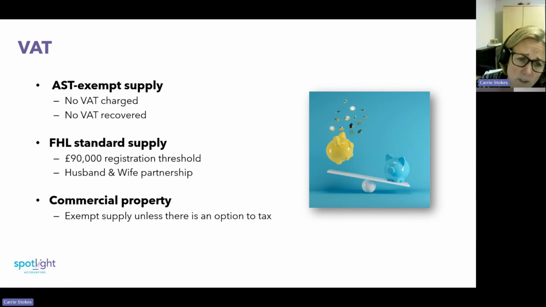However, we've got clients that have got trading estates with small rental units on. Those clients' tenants aren't VAT registered, so it would actually be an additional cost to them to have the VAT charge on their rent, so they've chosen not to VAT register those properties. It's always worth checking just to make sure you're in the most tax beneficial position.